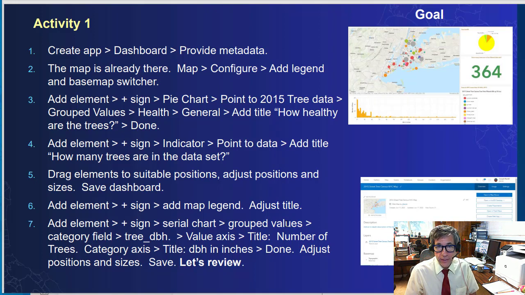We created an app using the dashboard tools inside ArcGIS Online. We provided some metadata. We added a legend and a base map switcher. Number 3, we added a pie chart. Number 4, we added an indicator, how many trees are in the data set. Number 5, we dragged the elements to the suitable locations or positions. We adjusted them. We saved it. We added a map legend. We adjusted the title. And finally, we added a serial chart with the X and Y axis labeled. Excellent. So that's what we did. And now in this next segment,